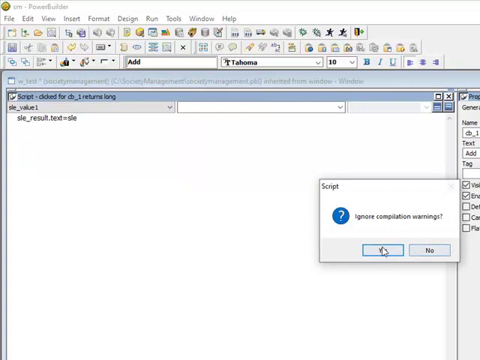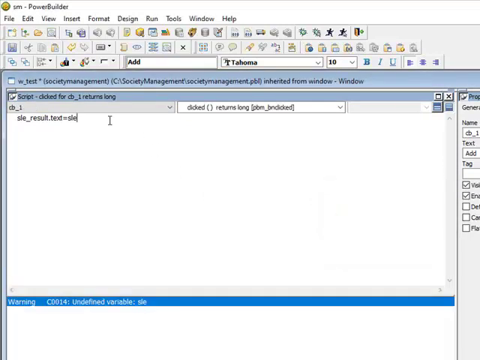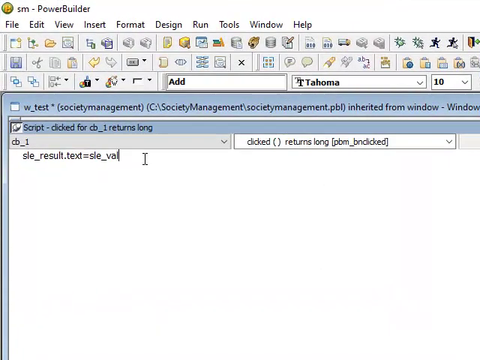SLE underscore value 1 dot text. How I can get that value? With the help of text.